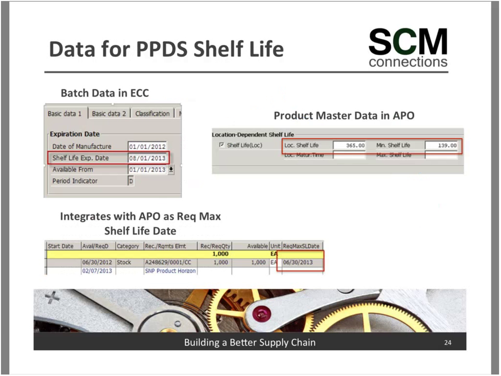So within PPDS, we have a couple of things. It's similar to S&P in terms of the setup. The batch data in ECC is driven off the shelf life expiry date as well as the available from date. And it's a key concept because the available from date says when that batch will be available, okay? And then the shelf life expiry date says when that batch will actually expire